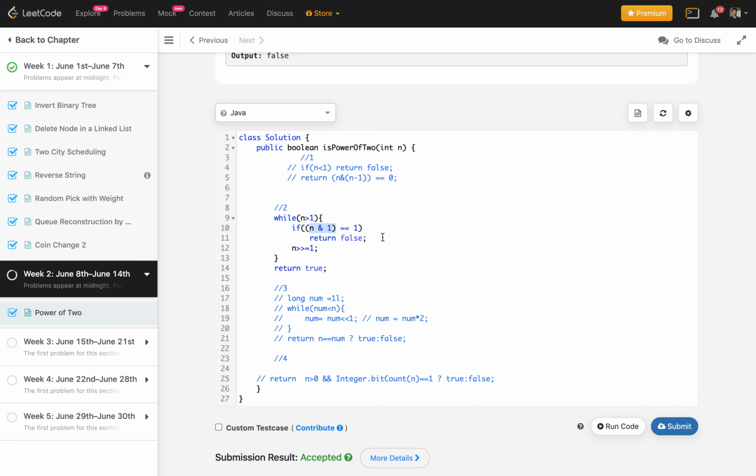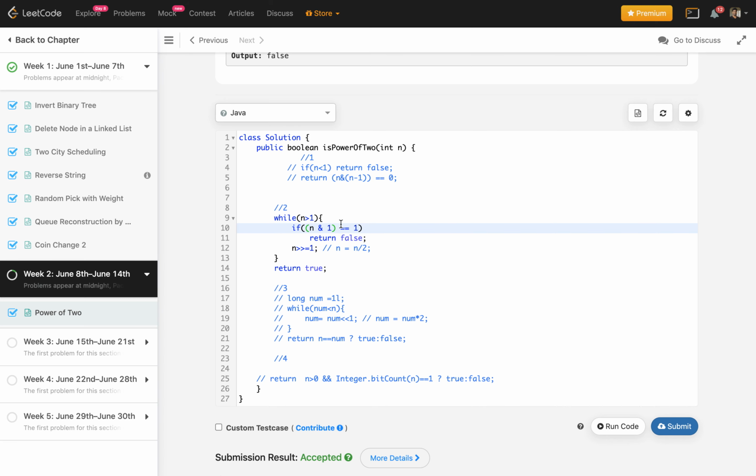Basically, AND with 1 simply means that if a number is not a multiple of 2, then its first bit will be 1, if every time I am dividing this number by 2. So this simply means I am writing n equal to n by 2. Right shift simply means we are dividing this number by 2, and left shift simply means we are multiplying this number by 2.